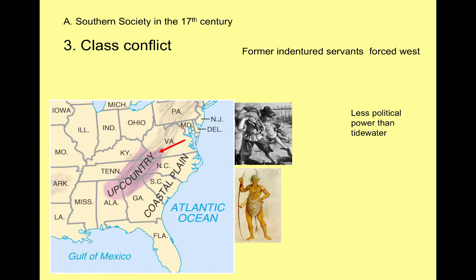This is going to lead to class conflict. If we look at this map of the South, most of the really good tobacco-growing land is along the coastal regions, sometimes called the Tidewater region of Virginia. And that is flat land, well-watered, access to the ocean so you can trade with England with your tobacco, rich soil. But what happens is, in the early part of the 17th century, most of the people are going to be picking and growing tobacco for these elite.